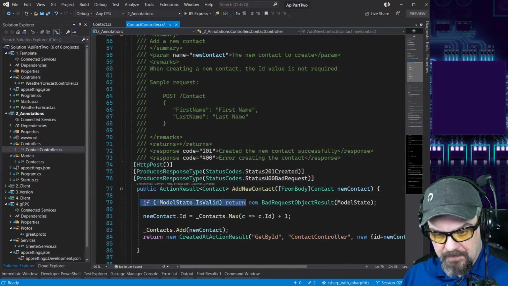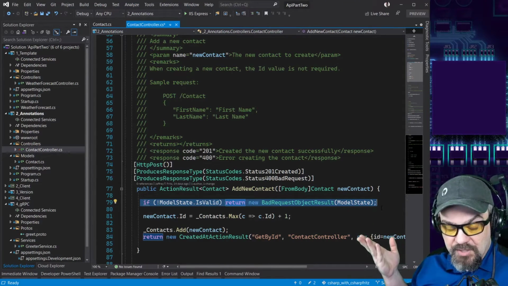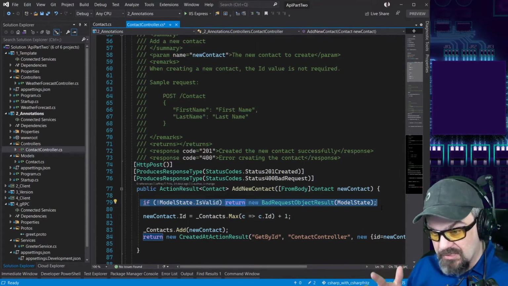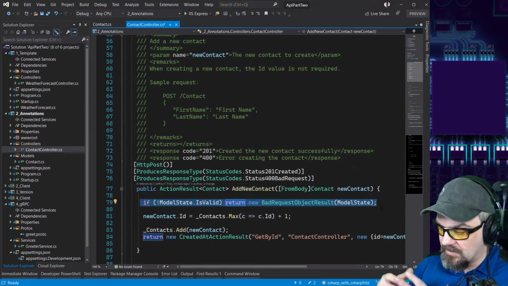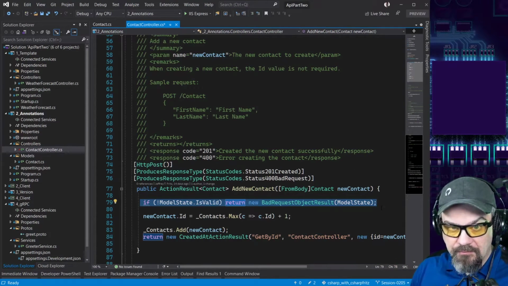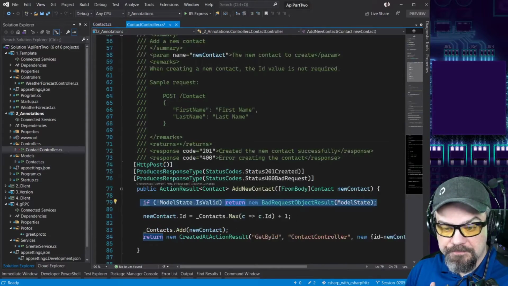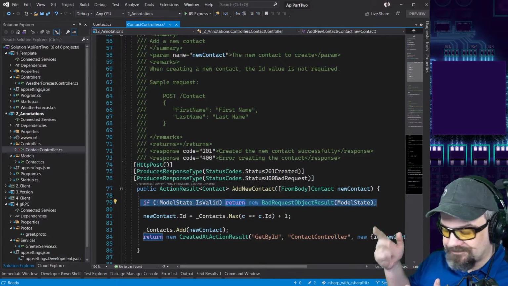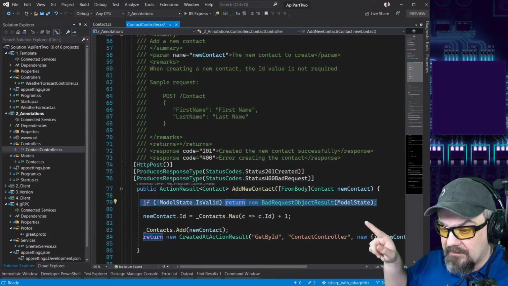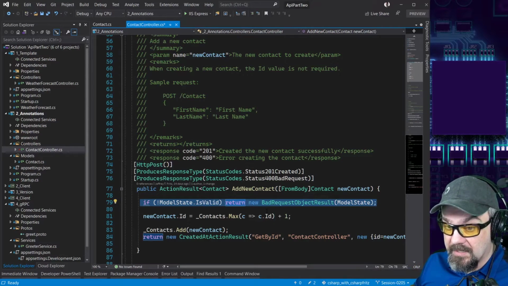So I checked to make sure, we learned about model state previously, I checked to make sure that the object is valid. If it's not, bad request. You didn't meet my required fields. Maybe your fields are too long that you sent in. Whatever, that violation of those constraints that I've defined here, right? And I'm going to return an appropriate indication for that. This is built into ASP.NET Core the way that this behaves. You just need to add this, and it will automatically do all that error checking and parameter checking for you